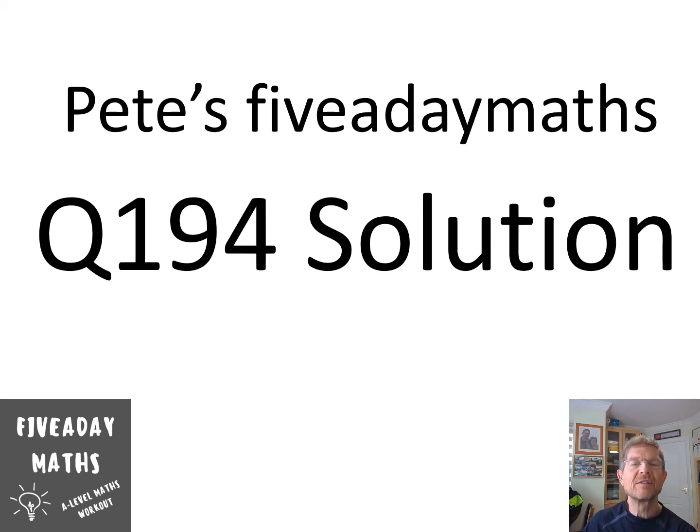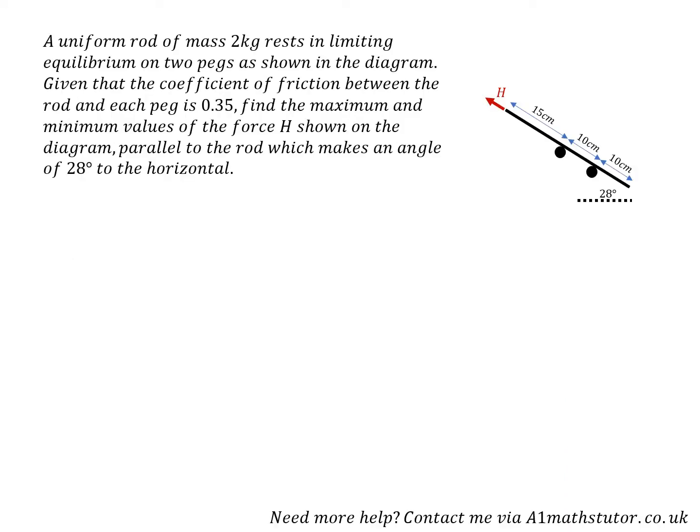So a slightly less familiar question for some, where we've got a rod balanced on two pegs. So let's have a look at this one. So here's the question, and that's the diagram, the 28 degrees to the horizontal, but the rod is being suspended, being supported just by those two pegs. So when we add the forces to the diagram,